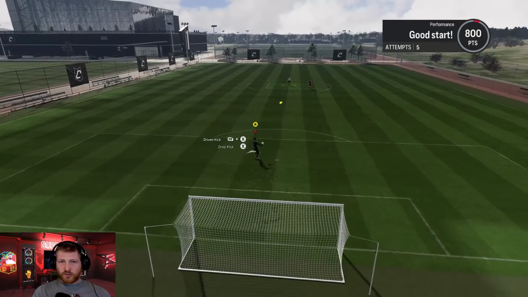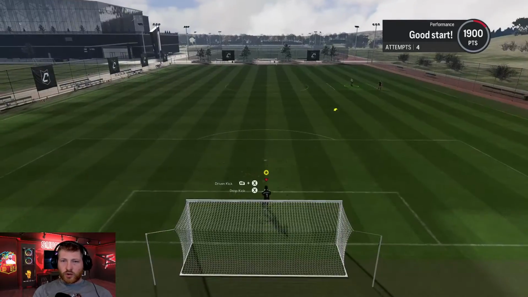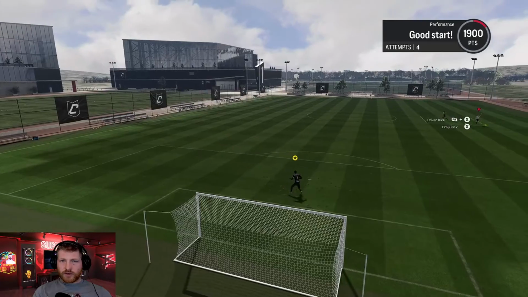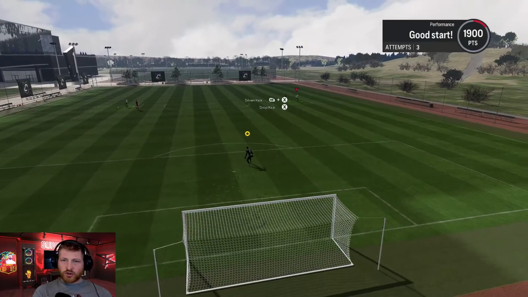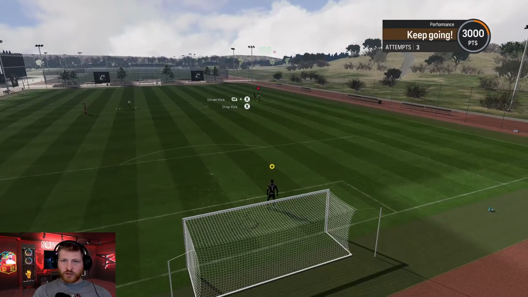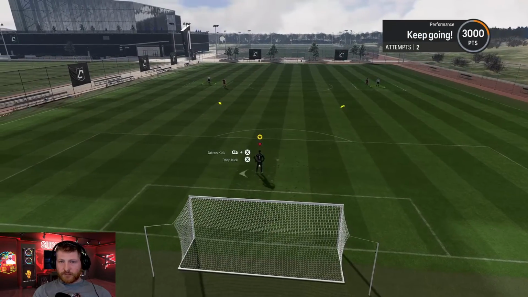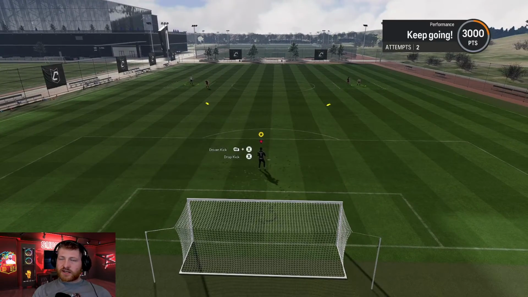I'll try and get it to the corner flag. And that's what you want to try and do as well. Try and aim for corner flags to get your accuracy. That wasn't great. I'll try and get straight down the middle here, but it's locked on obviously to the right side there. But again, to get this movement pointer underneath,